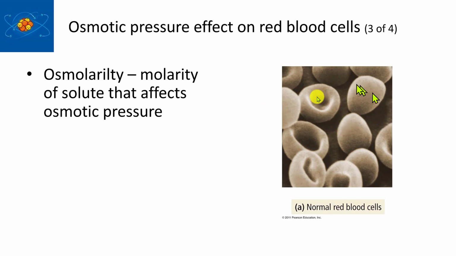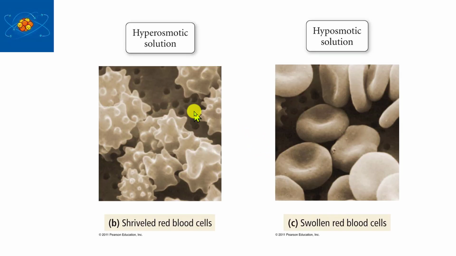So these are examples of red blood cells, and these are normal red blood cells. That means they're in an isotonic solution. So an isotonic solution is a solution where there is no net fluid flow from outside the cells to the insides of the cells. In other words, there's a rate of liquid going in, water, and a rate of water coming out, and they have the same tonicity then. Now, if we change the outside solution and we make it